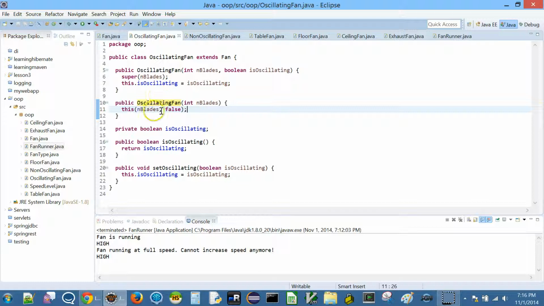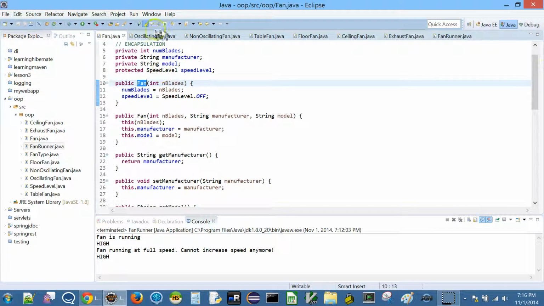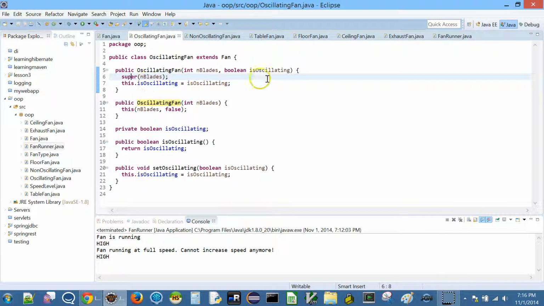So the oscillating fan constructor goes here, n blades and then false. So it goes here, super n blades, which comes to fan class, sets it, and then it comes back, it sets oscillating, and then it returns.